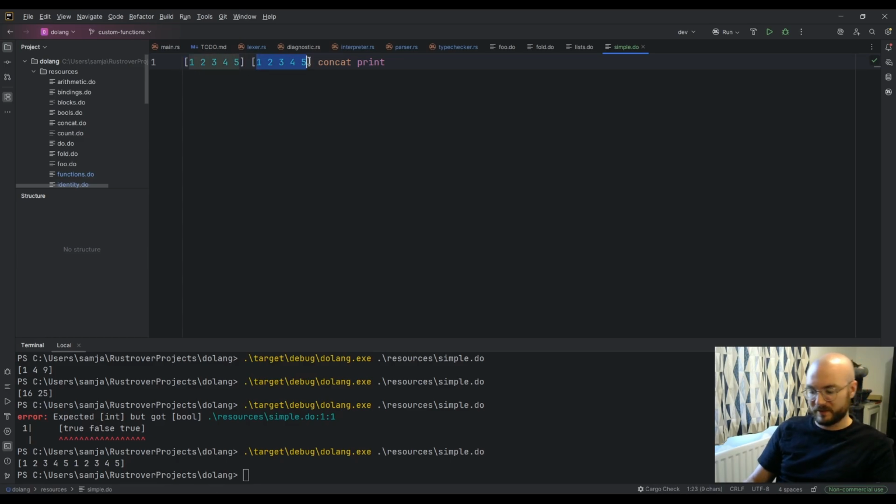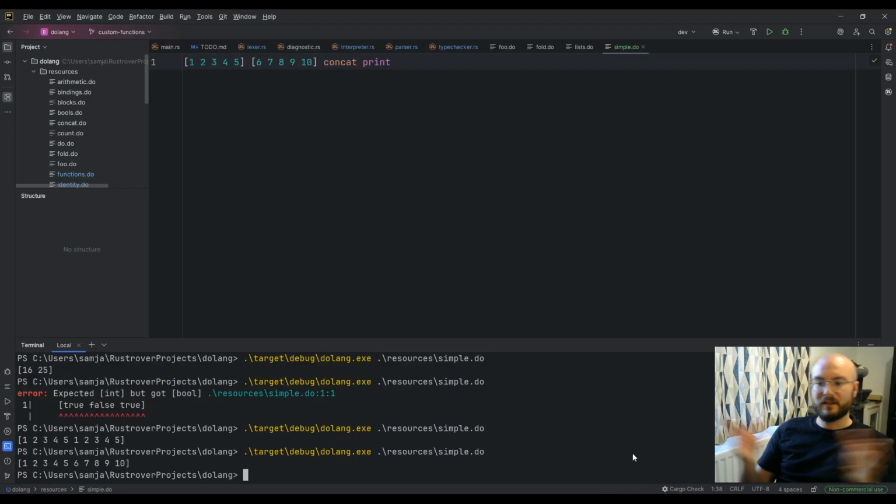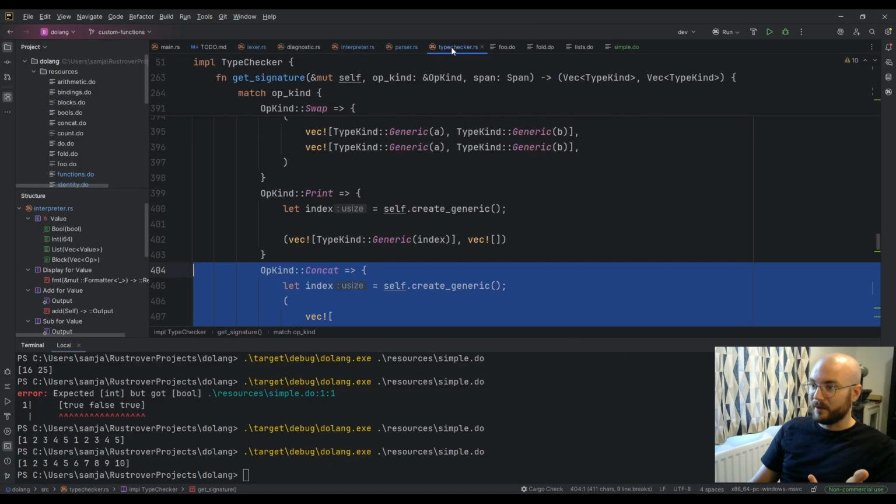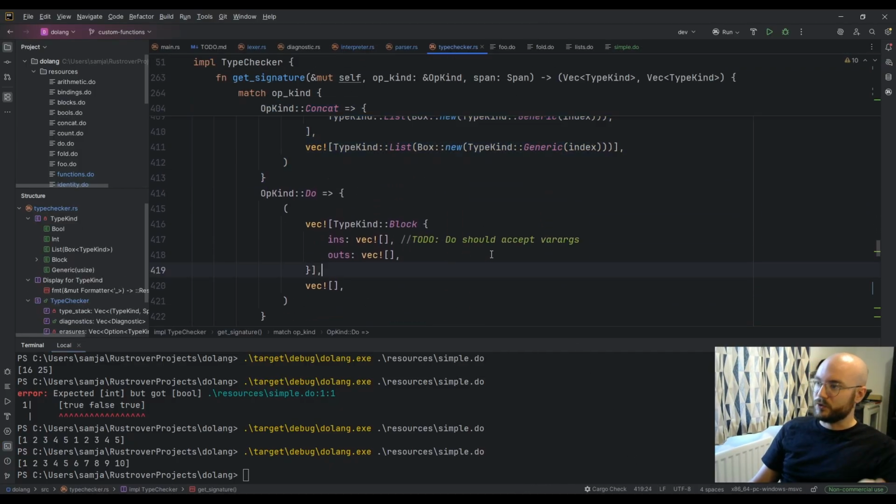So if I actually make these distinct, like this, when they concatenate, they're in the same order that you would read them. I don't know if that's the right way to really think about it. I think once I start writing programs that use concatenation, I'll find out quickly if that's the correct way around or not, or if it's the more convenient way around or not. So I've got concatenation. So we have do,